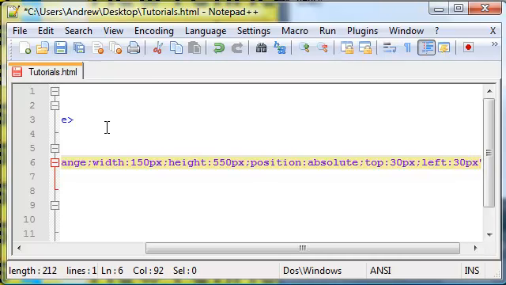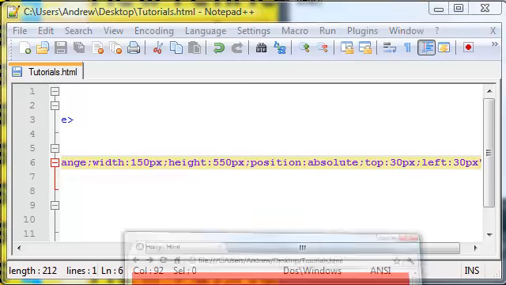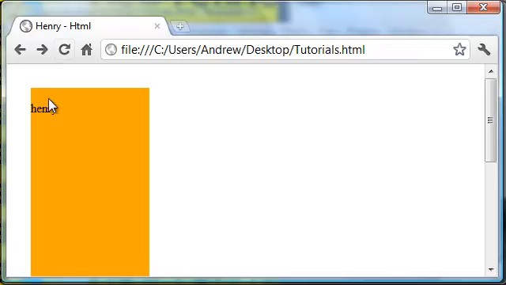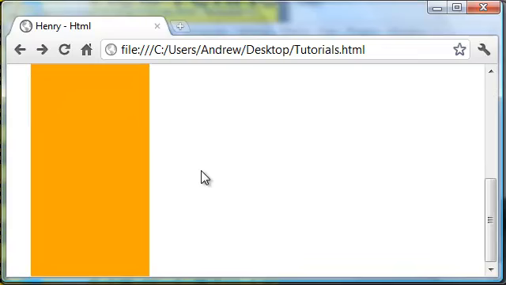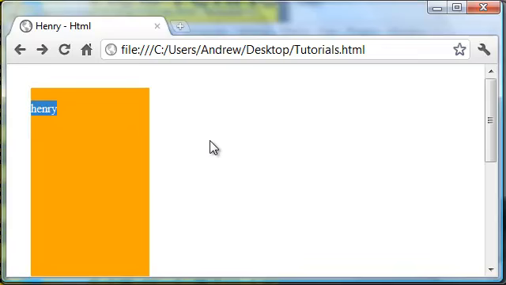So if we save this and open it up and refresh, it came out orange, the padding disappeared, and as you can see, it is now 30 pixels from the top and 30 pixels from the left of this screen. That's all cool when you're positioning one thing, but you can use it to make multiple dividers